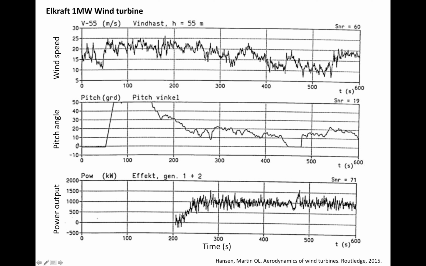This is a time history of the pitch angle, showing how the pitch angle of the wind turbine changes with time. This is a pitch controlled wind turbine, so you can change the pitch angle of the blades. During the starting stage there's no power output yet because the turbine is just starting. At the starting point, the pitch angle is very high, 50 degrees or something. Very high pitch angle helps the wind turbine to start,